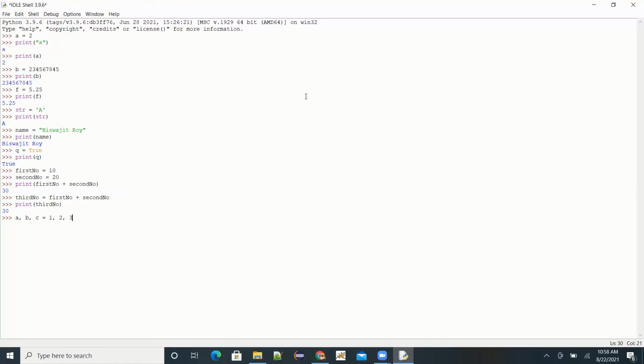Will it work? Guess. Yes, it will work. So what will be the output, or how it has assigned the values? It has assigned 1 to A, 2 to B, and 3 to C, and this way we can assign more and more variables. Means we can declare more and more variables like this way and assign more values. Now if I print, I have to print A comma B comma C, and it will show me the values of A, B, and C.